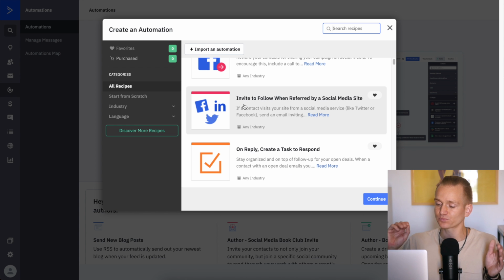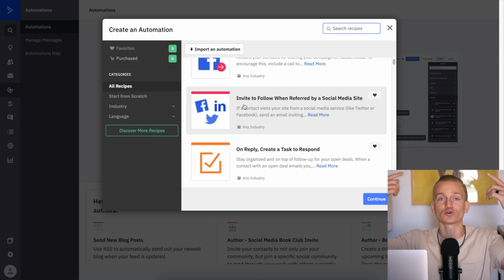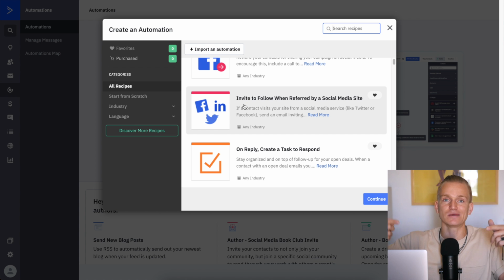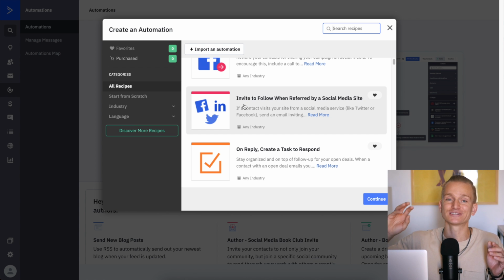So for example here, invite to follow when referred by a social media site. What this means is you set up tracking on your website and on your email lists, and if someone comes from social media to your website and they subscribe to your list, then, because you know they are already interested in your social media, you can put them into an automation that sends them an email asking to follow you on that social media network where they already found you before.